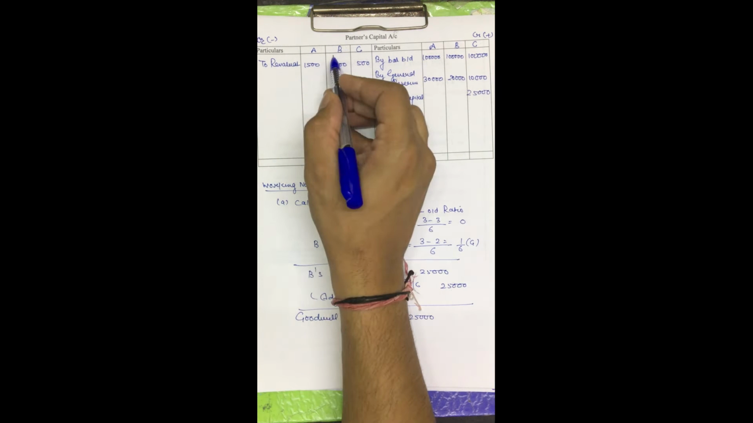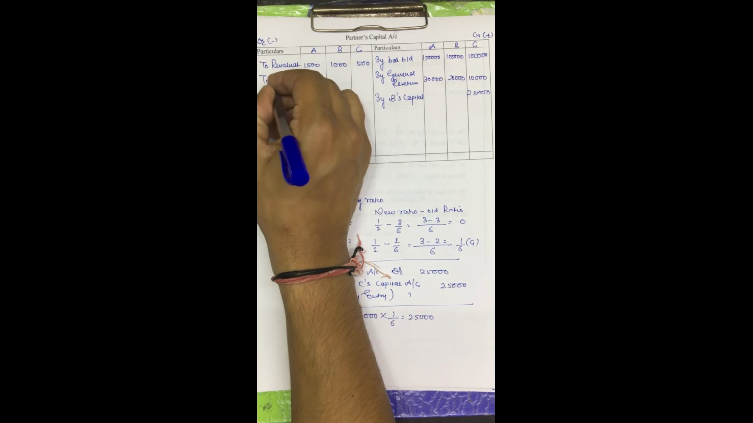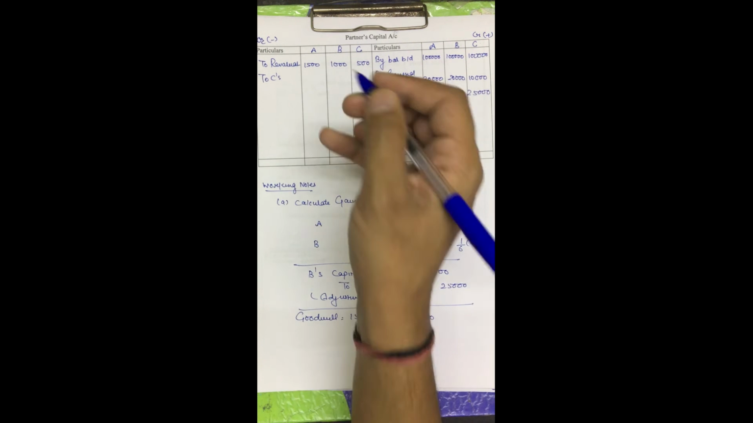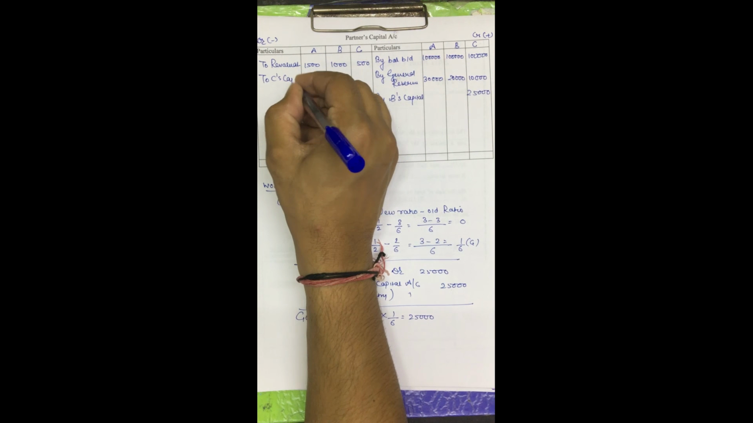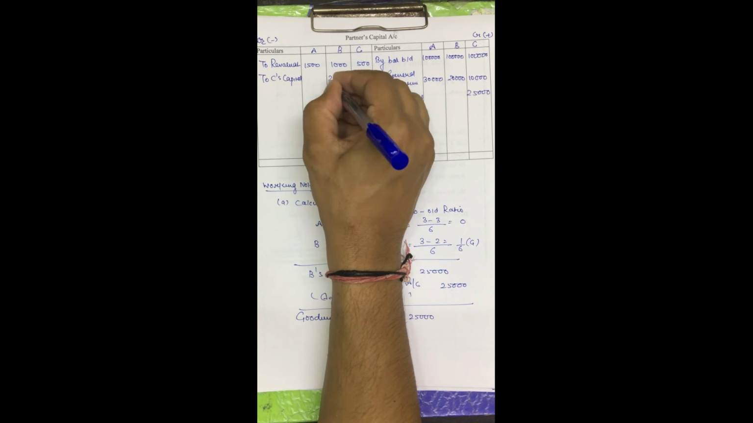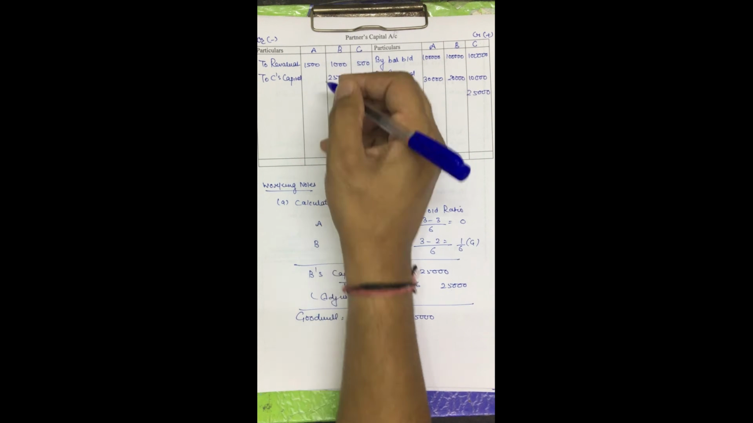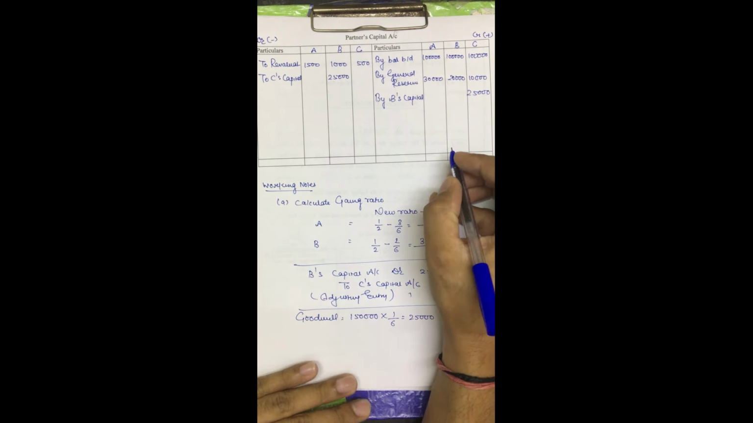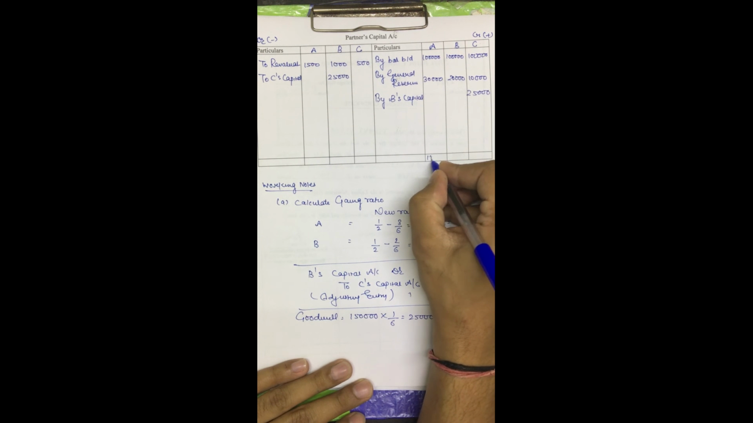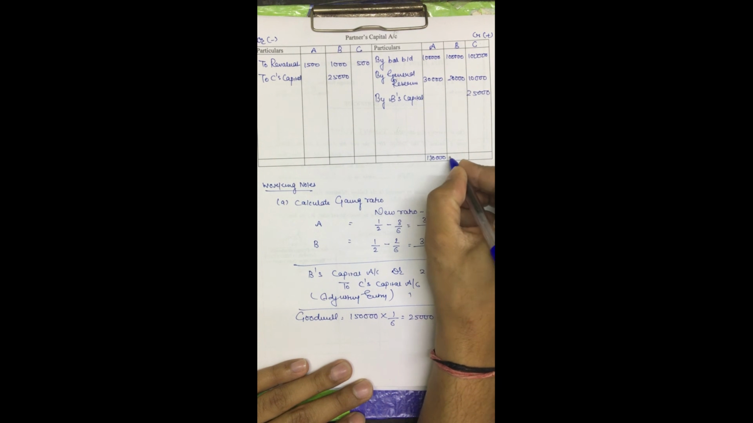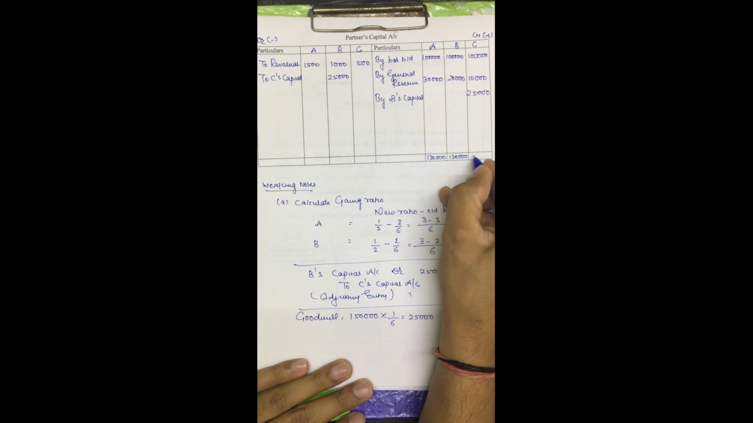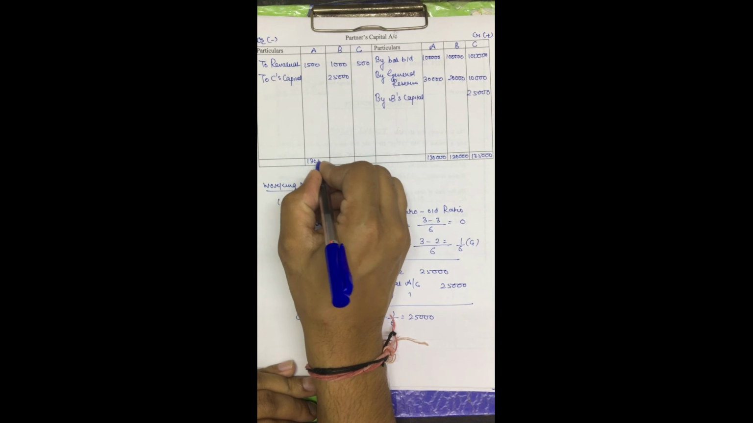And side by side, B's capital account debited, B is debited to C. You already know this posting from the admission and the 11th ledger chapter. To C's capital, that is 25,000. So we have completed all the process. Then after that we will total up, and this total is 1,30,000. This total is 1,20,000, and this total is 1,35,000. We will write all these things here also in the same way,